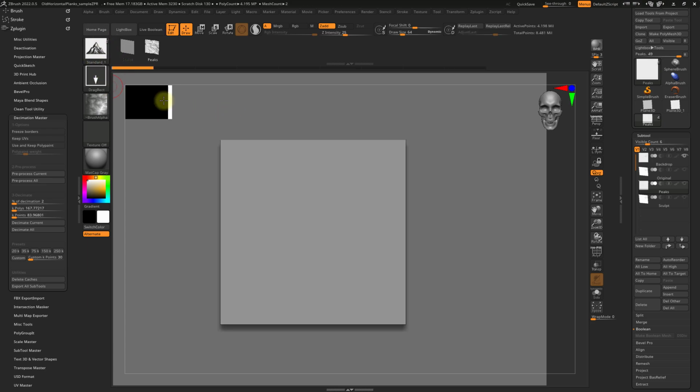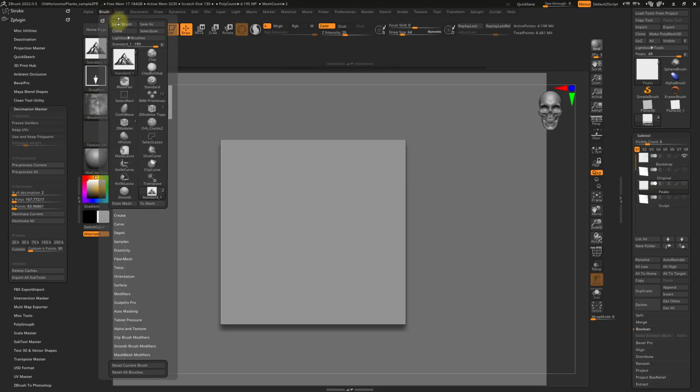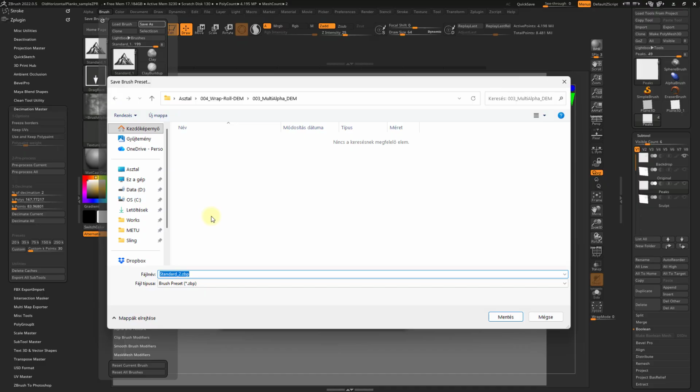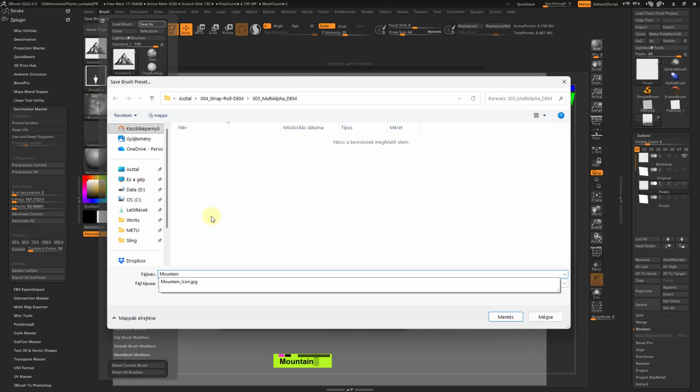And I will name it mountain base or something. So we go brush and save as, mountain base. Okay, so that would be mountain base